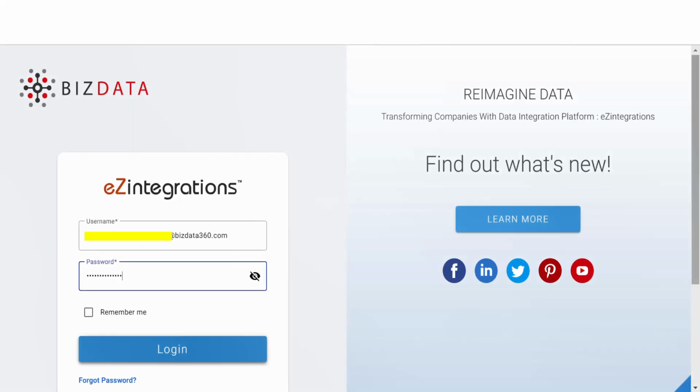Bizdata's integration solution, eZintegrations, simplifies and streamlines the integration between NetSuite and Data Lake, enabling seamless data transfer and synchronization. This solution eliminates manual processes and empowers organizations with real-time access to critical information, enhancing decision-making and operational efficiency. Join us in this video to see how eZintegrations unlocks the full potential of your NetSuite and Data Lake integration for improved